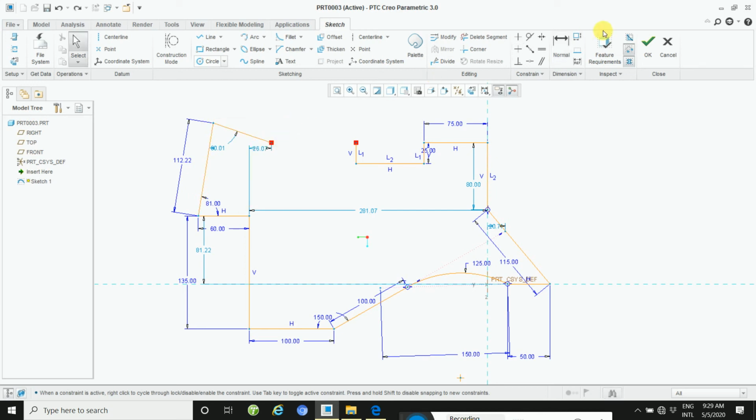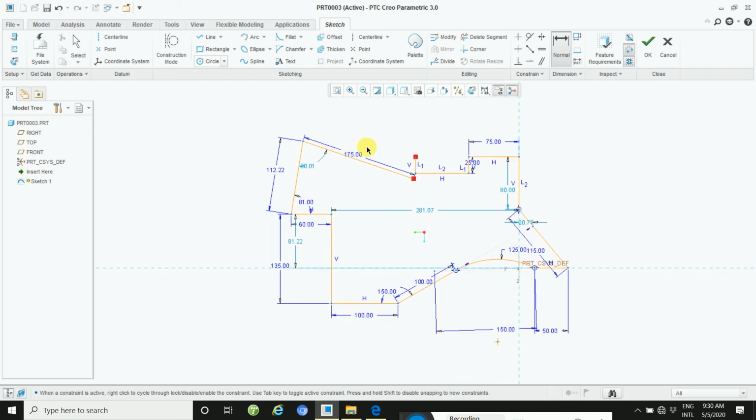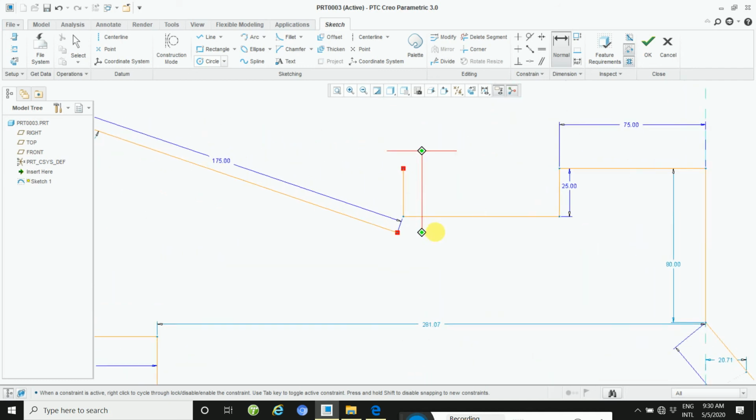No, click here, first point, second point, then click here, 175. Okay, L2 is 30, delete this line.